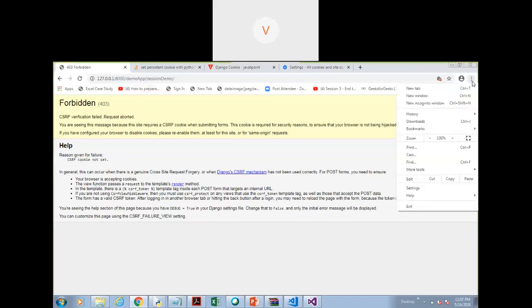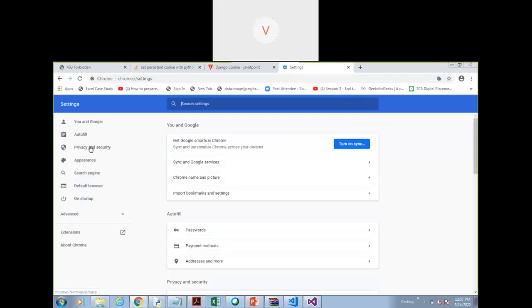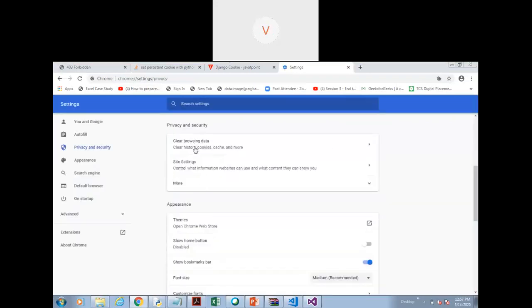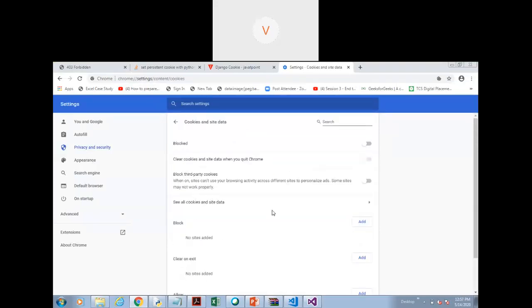The cookies are not, but I think I disabled it by mistake while displaying the cookies concept. Something I clicked by mistake. Site settings. Cookies and site data, you can see it is blocked, right? That's why it is showing me this error.